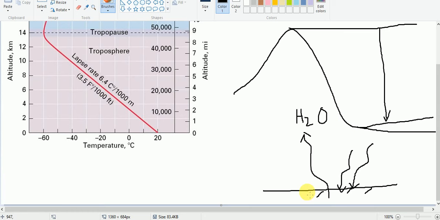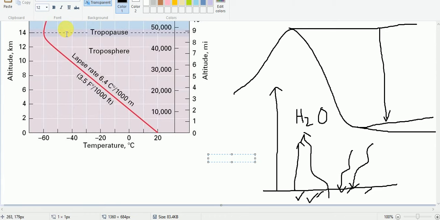That means the source of heat for the atmosphere is the earth's surface, and if we move away from the source of the heat, then temperature is decreased. So we have known that the earth's surface is the source of heat for the atmosphere, and if we move away from the source of the heat, then temperature decreases at the rate of